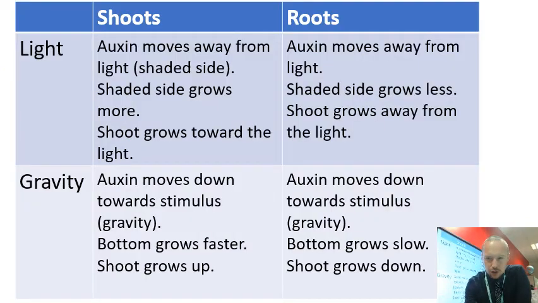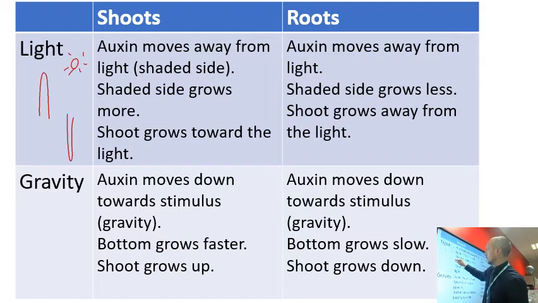Anything else we need to know? So I've kind of summarized this here. I would make sure this makes sense to you. Maybe just read the 2 boxes and try and do this table yourself, like what's the opposite. So if you think about shoots and light, what happens here? If that's a shoot and that's a root, you've got light on both sides. The auxin always moves across away from light. So the auxins are going to be on that side on both of them. What effect does that have? Well, it's going to make the shoot grow faster towards the light. It's going to make the root, this bit, grow slower than that bit, and that's going to bend away from